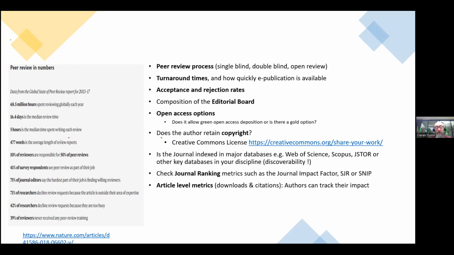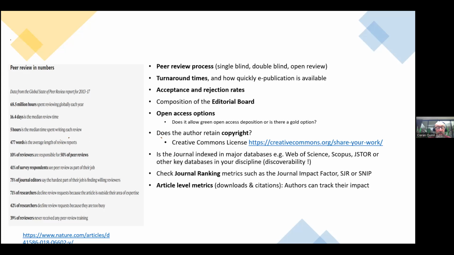So you could check the matter like Web of Science, Scopus, JSTOR, other databases in your discipline, and just see, is it indexed in those? Because that's going to increase the discoverability of your paper. So if people are searching in those databases, it'd be useful to make sure that you're actually going to be